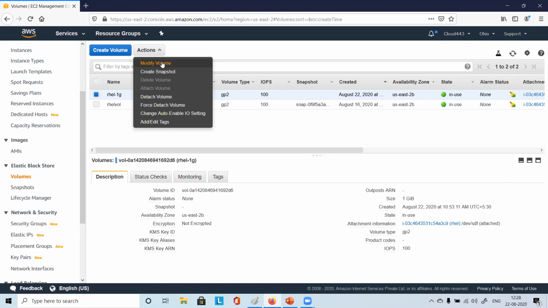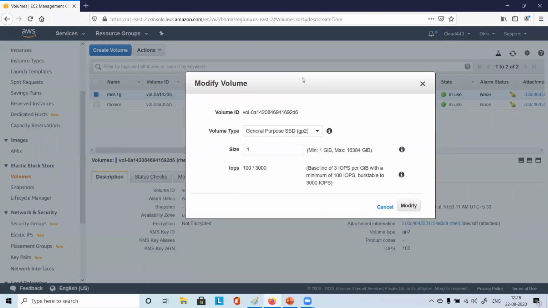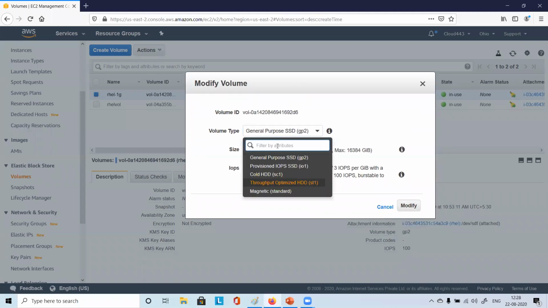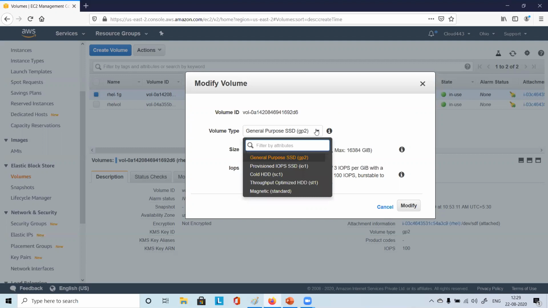Pradeep, you remember while we were doing something else, we had clicked this Modify volume, right? If you click on Modify volume, you see all these options: type, and so on. While we were creating, we had seen all these options. As of now, it is GP2 and size is 1 GB. So I want to increase size to 5 GB and make it provisioned IOPS.